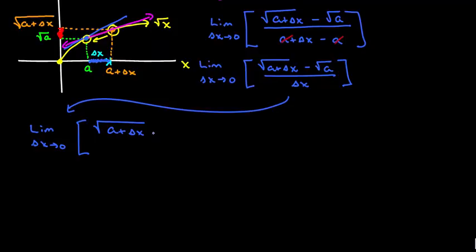And again, the reason that I have to do this is because I can't just take the limit directly, because this guy is not defined when delta x is actually equal to 0. So I've got to go ahead and find another function that behaves just like this function right here, except that it actually is defined when delta x is 0. So what we'll do